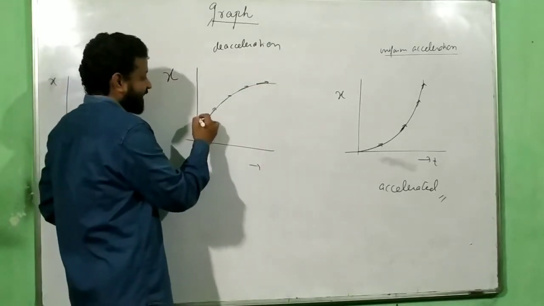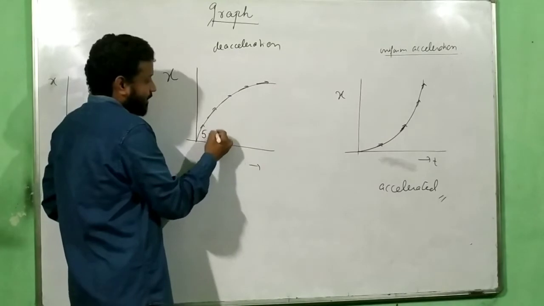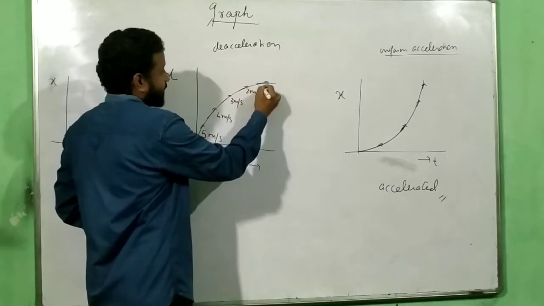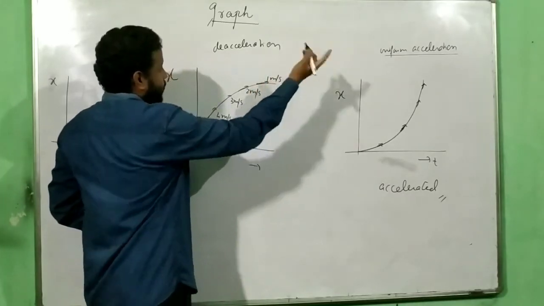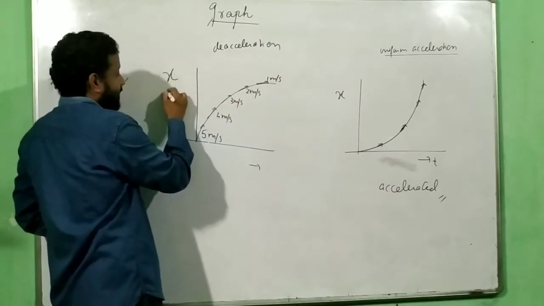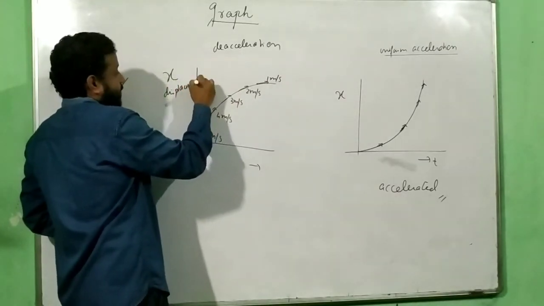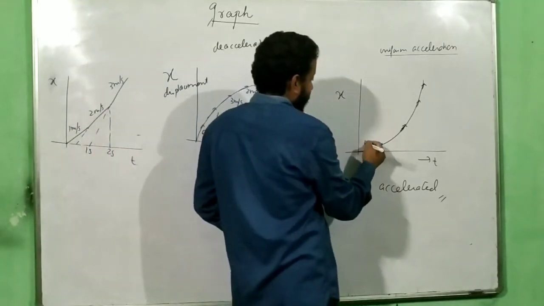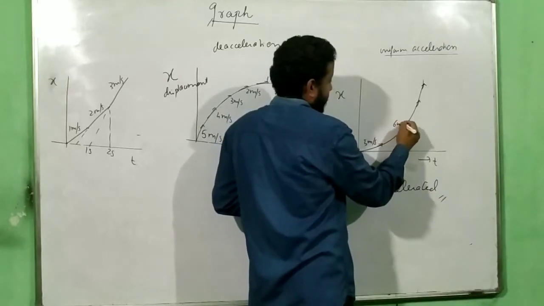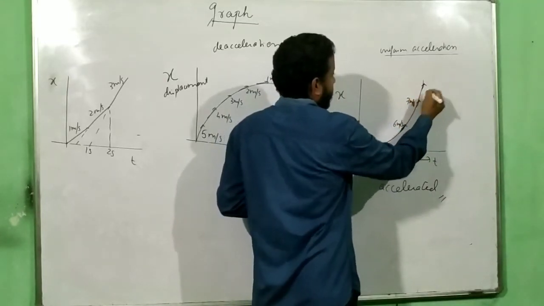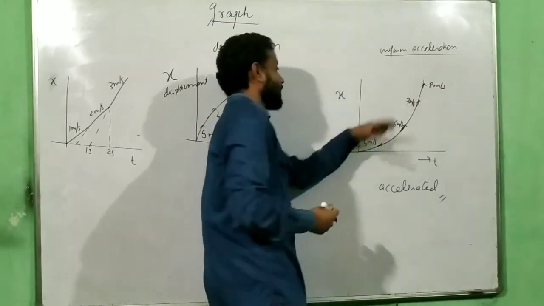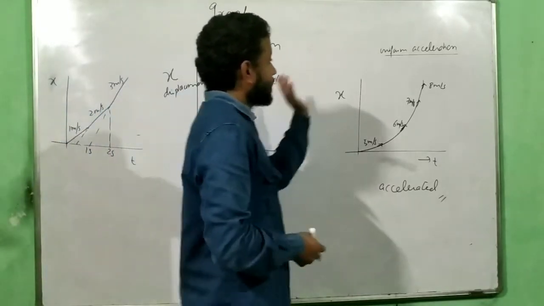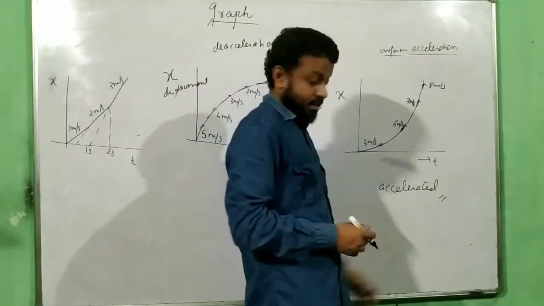So if I consider, just giving a rough example, 5 meter per second, and this becomes 4 meter per second, and this becomes 3, and this becomes 2, and this becomes 1 meter per second, and so on. So this is how the velocity is decreasing, but remember this is a displacement time graph. So in a displacement time graph, the graph looks like this. And here if I say 5 meter per second, then this becomes 6 meter per second. It's gradually increasing, 7 meter per second, and this is your 8 meter per second. So here the velocity keeps on increasing. This is the displacement time graph for accelerated motion. The graph looks like this.